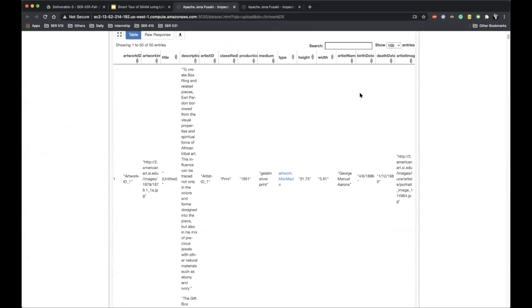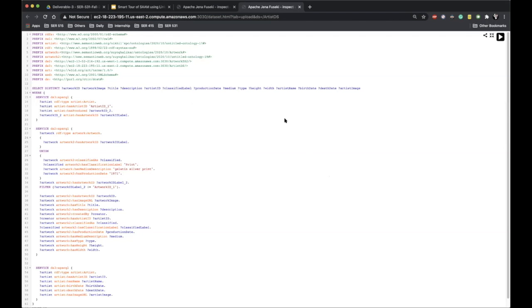ID, and so on. So I'll be going through the recommendation query that we have. Once we view any artwork, we are basically fetching the artist details of that artwork and using that to calculate our recommendations. Also, we are using a few more fields like classification, label, medium description, production date to filter our recommendations to make it more accurate.